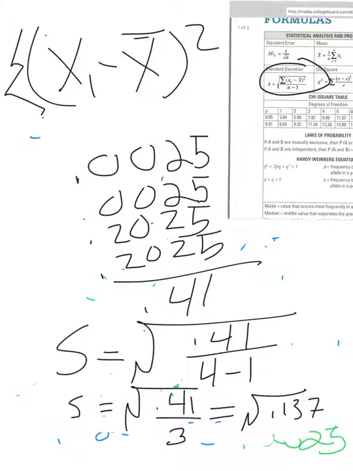I go ahead then and take the square root of that answer. And my final answer will be 0.37. Okay, so 0.37 is my standard deviation. And so the idea here is, okay, now what am I supposed to do with that? And so let's go, I'm going to go back to the